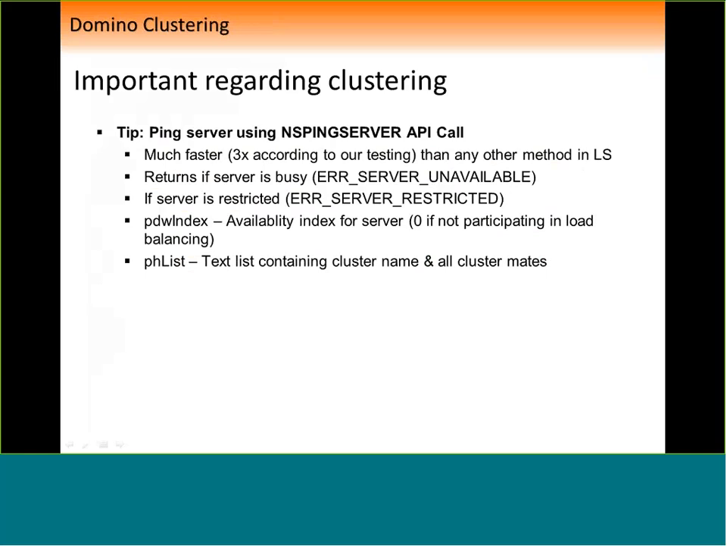There's an interesting trick that we use in our products every now and then, and I use it as a developer myself, which is to use the NSPing server API call. Instead of using the traditional way of pinging a given server by declaring a specific database and seeing if the handle exists or not, this API call is going to be 3 times as fast in telling us whether that